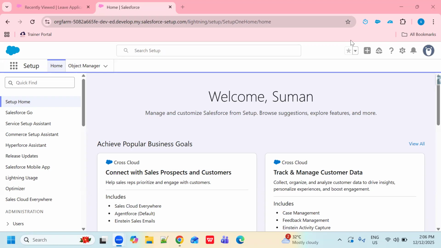So in a multi-step approval process, a record must be approved by multiple people, in a specific order, before it is considered completely approved, right? So if there are 4 approvers in a list, then the record should be approved by them one by one up to the fourth one, and the final decision is taken by the last, fourth approver, right? So let's see how we can do this.